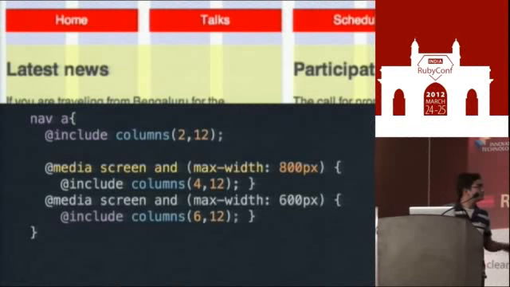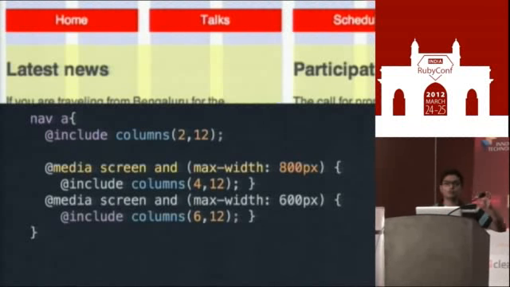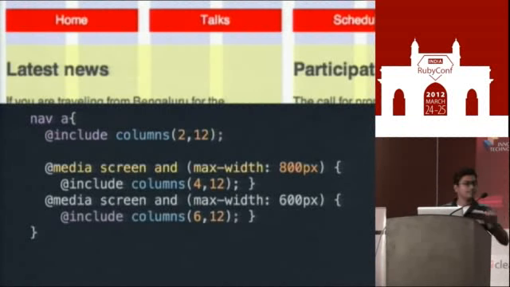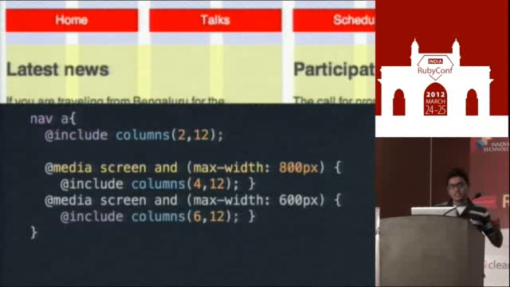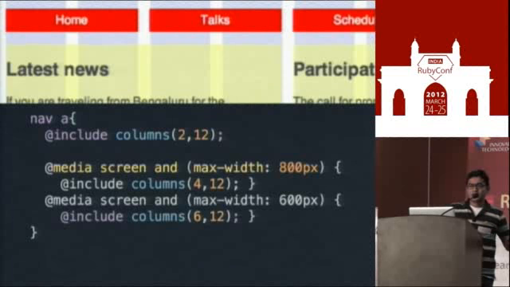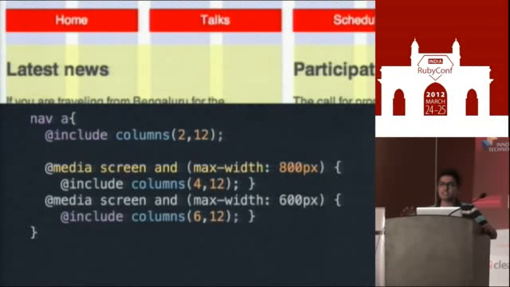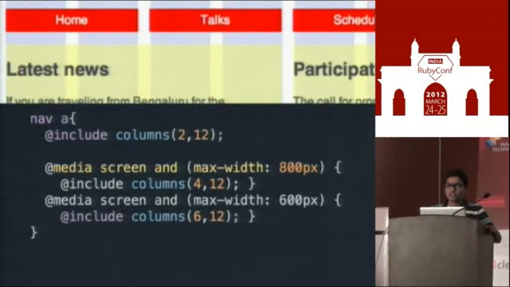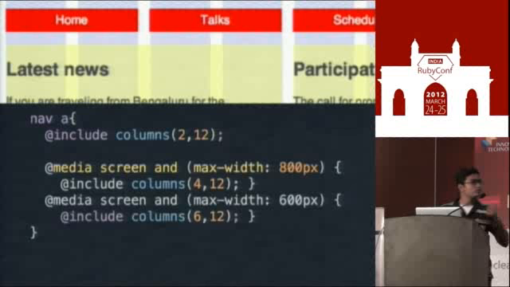Next, the links. Here there's a mixin for columns. So we add that, specifying that the link is spanning 2 columns out of a total of 12. And here's where the nesting feature in Sass is so useful. Instead of having to write the media query somewhere else separately at the end of the file, you can just, in the same way how you nest elements inside other elements, also nest a media query